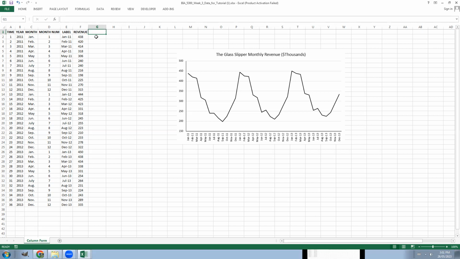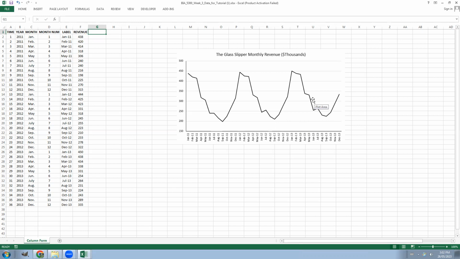What I'm showing is the harder thing, which is when we have to do a seasonal index when we do have a trend, right? So we have this Glass Slipper monthly revenue graph, and we can see there's a lot of seasonality, big swings with seasons, and also there's a bit of trend. If you look at the valleys here, they're going up over time, and if you look at the peaks, they're going up over time too. And if you look at any given point on the pattern, you'll see it does seem to be going up. So we have a bit of an upwards trend, and we have some